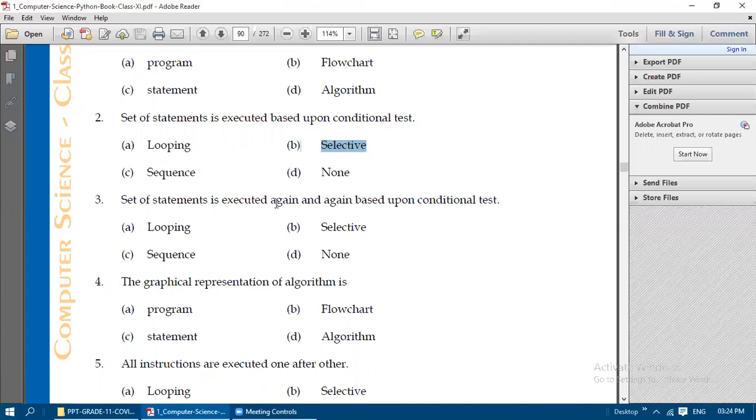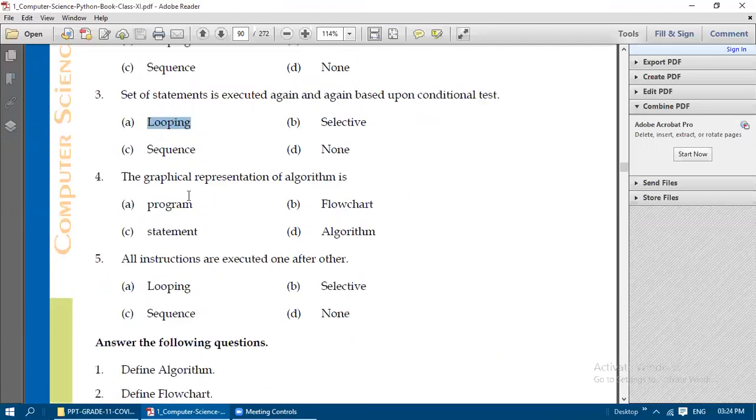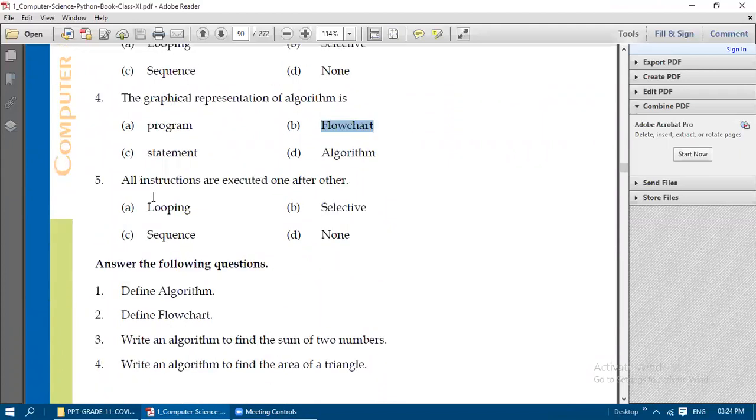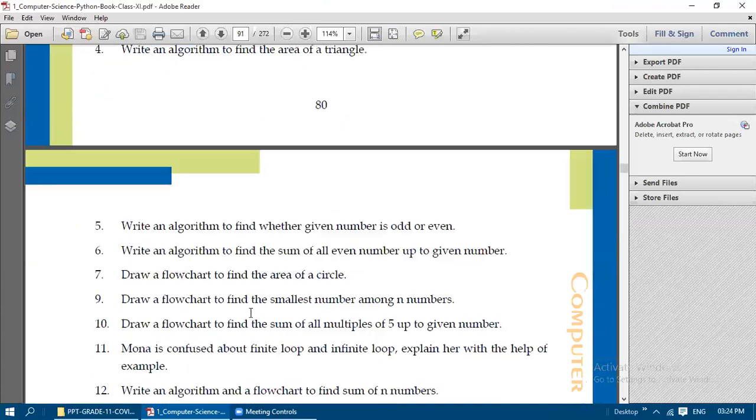Next, if a set of statements is executed again based on a conditional test, it is known as looping. The graphical or diagrammatic representation of an algorithm is known as a flowchart. If all instructions are executed one after the other, then this is known as sequence statements. For the other questions, you can see the PDF and understand from that.